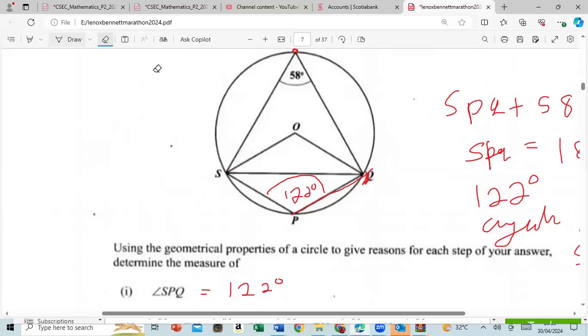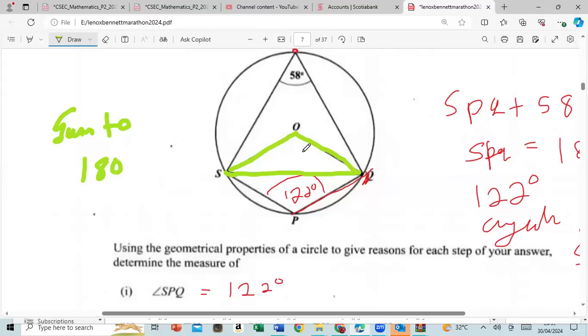Consider the triangle. I'm going to highlight the triangle itself. This triangle right here. And we basically know that all triangles' interior angles sum up to what? How many degrees? All triangles add up to 180. So if we figured out this to be 122,